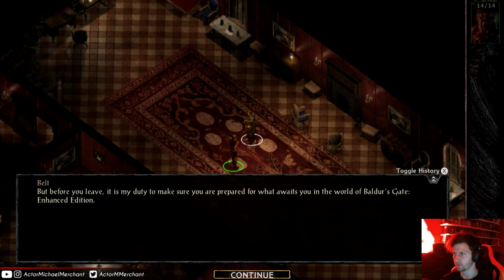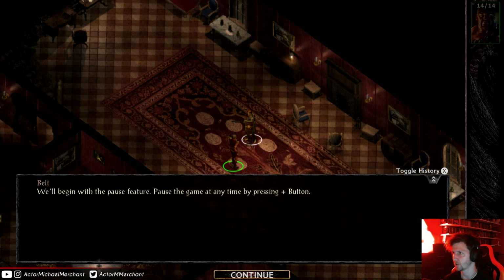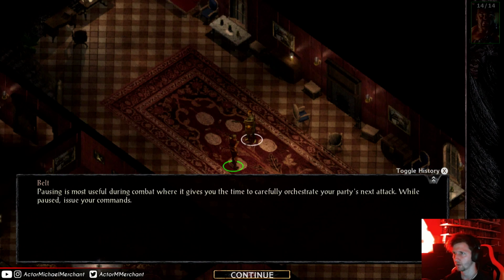But before you leave, it is my duty to make sure you're prepared for what awaits you in the world of Baldur's Gate Enhanced Edition. Baldur's Gate Enhanced Edition uses 2nd edition AD&D rules. This might seem overwhelming at first, but it will familiarize you with the basic rules and interface of the game. We'll begin with the pause feature. Pause the game at any time by pressing the plus button. Unpausing occurs the same way. Pausing is most useful during combat, where it gives you the time to carefully orchestrate your party's next attack, while